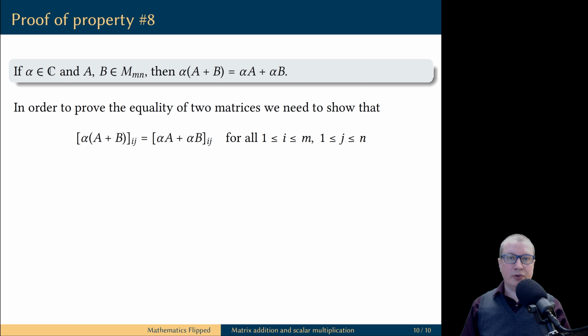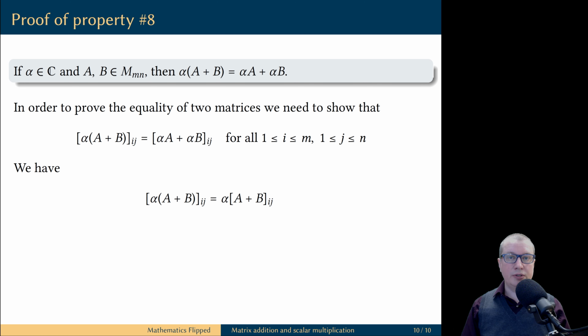The way we defined operations on matrices, they of course preserve the original size of the matrices, and therefore what we need to prove is that the matrix on the left-hand side has the same entries as the matrix on the right-hand side. And to prove that they have the same entries, we are going to take a generic entry in position ij of one matrix, and we are going to show that it is equal to the entry in position ij of the second matrix.